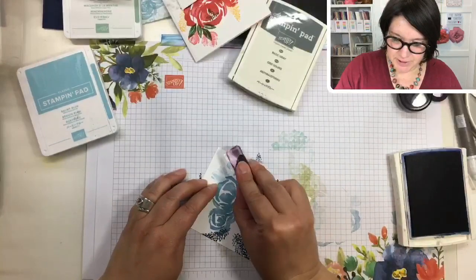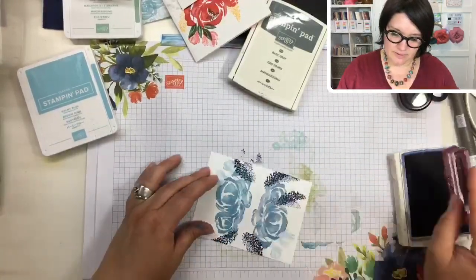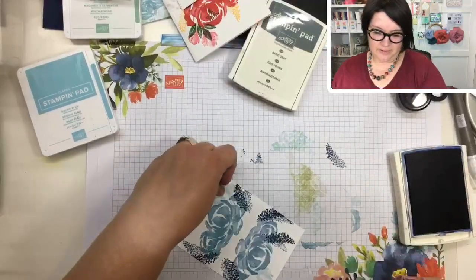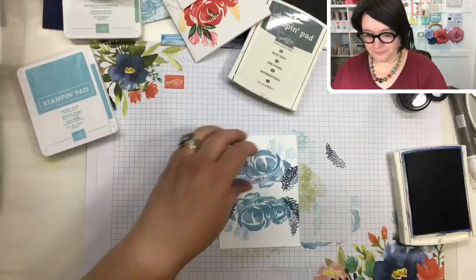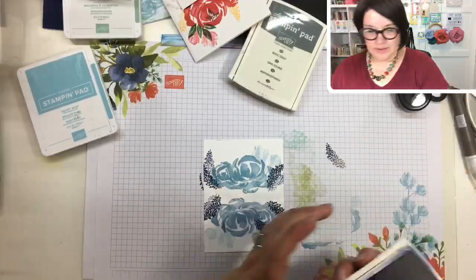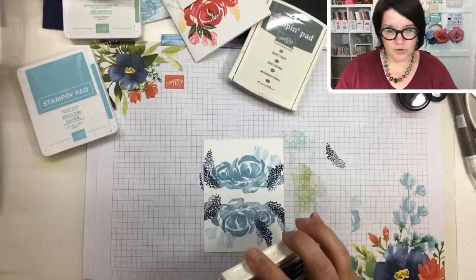I think we'll just stick with stamp off once. There. Okay. I think I'll go with that side. So that was Night of Navy. Oh, let's do this